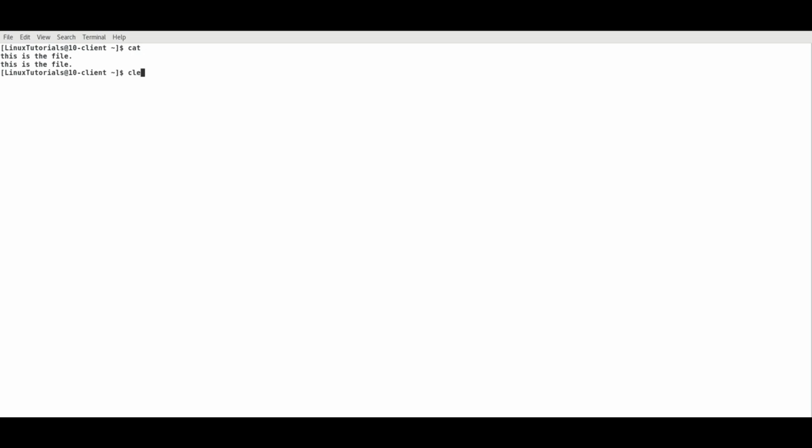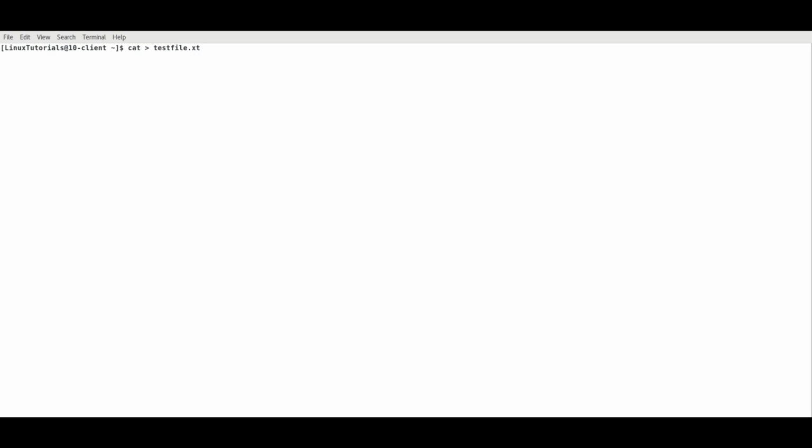You can clear the screen. In the absence of file name arguments, cat copies standard input to standard output. So we see our line of text repeated. We can use this behavior to create short text files. Let's say that we want to create a file containing some text. We can type cat, then the greater than symbol and a file name, as